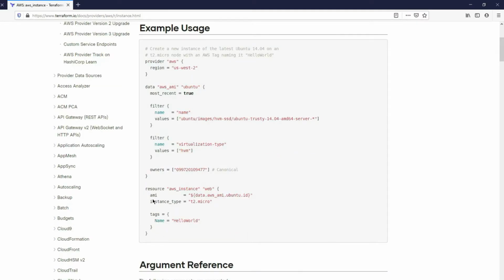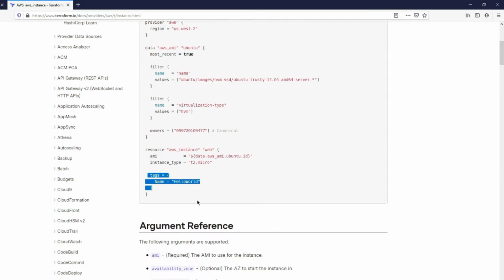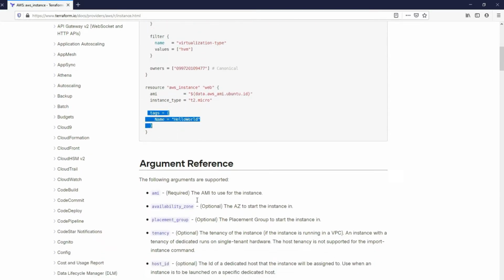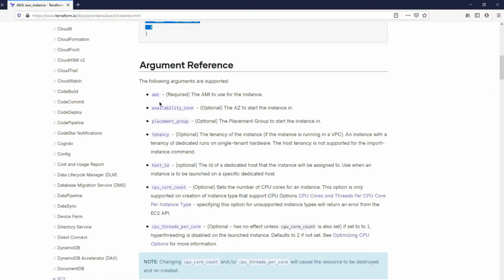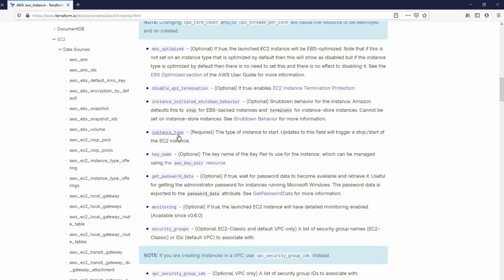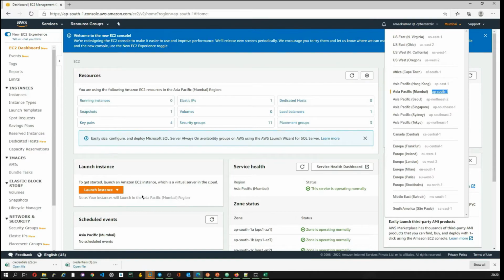In the resource section we are going to provide the arguments AMI, instance type and the tag. Again, tag is optional. If we go below in the documentation, you can see what arguments are required. Here the required argument is AMI and the rest are all optional, and then you have instance type, which is required. Just compare this with the AWS console while you are launching an instance.